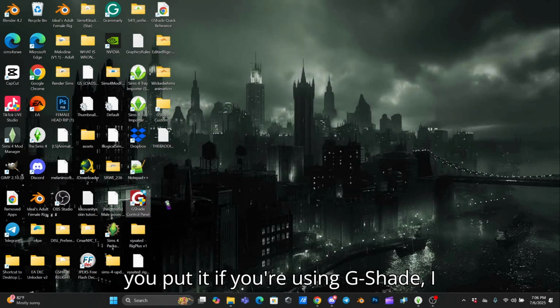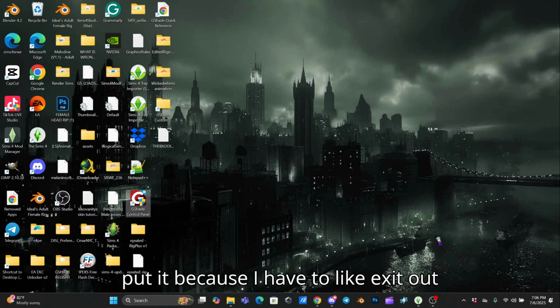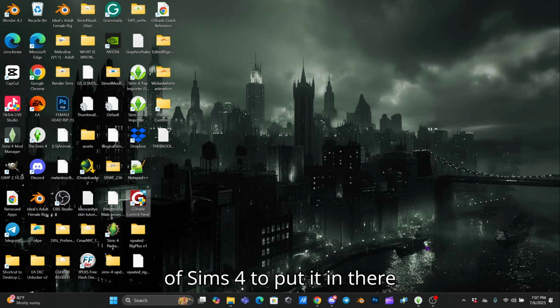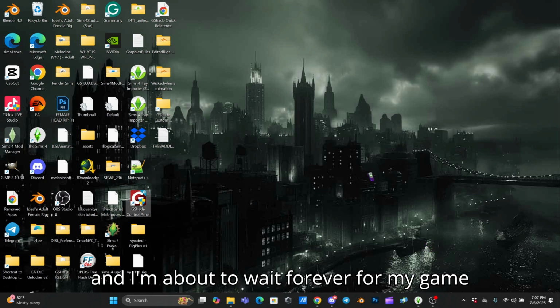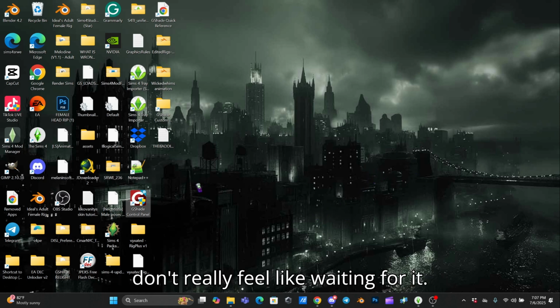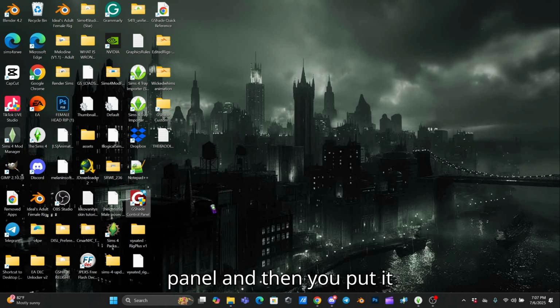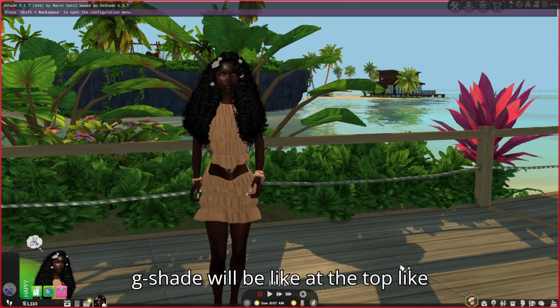If you're using Gshade, I can't open it up and show you where to put it because I have to exit out of Sims 4 to put it in there, and I am not about to wait forever for my game to load up. It doesn't take forever, but I don't really feel like waiting for it. You understand? But if you're using Gshade, you open up the control panel and then you put it in the folder, and then once Sims 4 opens up,